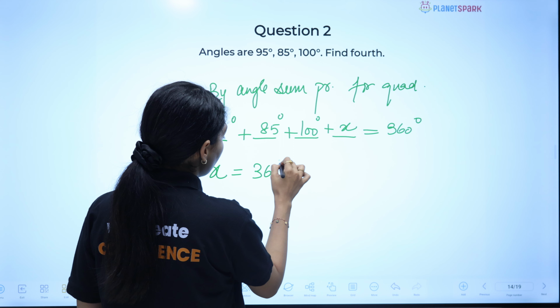Let's start with the next chapter everyone, that is quadrilaterals, and in that we are doing properties and the sum properties of a quadrilateral, that is angles की sum की हम बात करेंगे. Okay, let's get started. So we know the angle sum property of a triangle everyone, right? Triangle में angles का sum क्या होता है? 180 degrees, right?